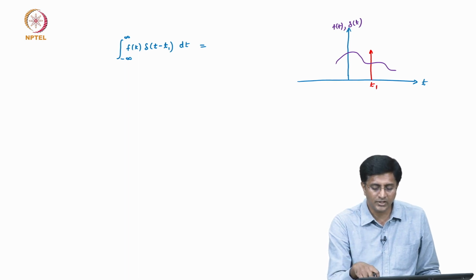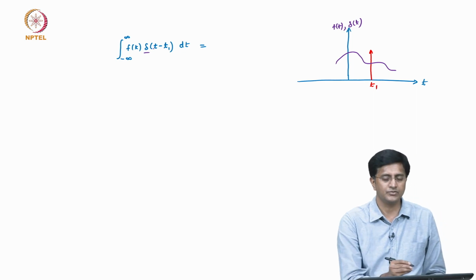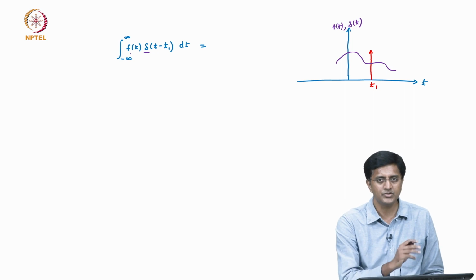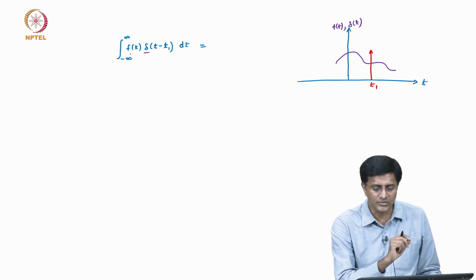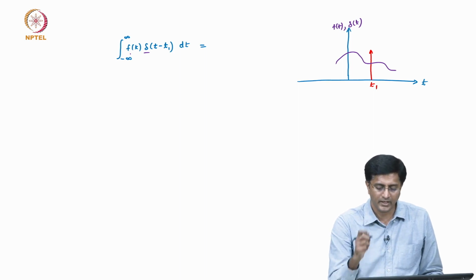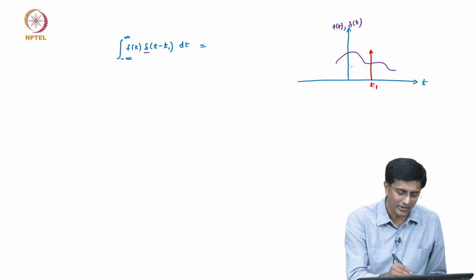At times other than t1, our Dirac delta function will give a value of 0. So, 0 multiplied by any function value will anyway be 0. So, it does not come into this integral. What comes into the integral is what happens when time t equals t1. At time t equals t1, we have a function value of f of t1,